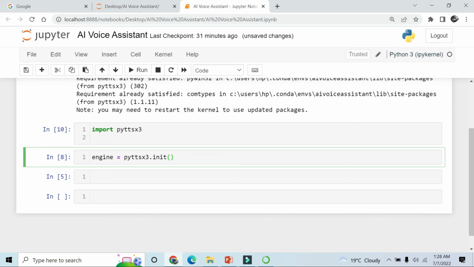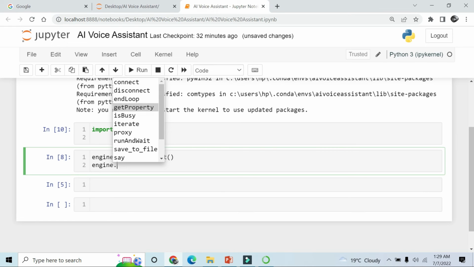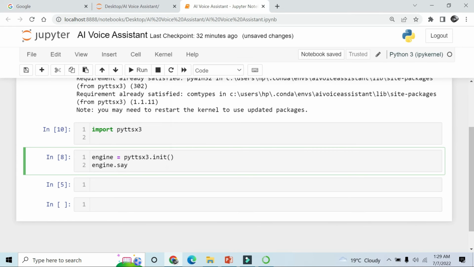After initializing it, this function is very important. Basically this function creates a connection between the engine and pyttsx3's initializer. The initializer comes with many functions which we are going to use through the engine. The first function I'm going to use is, by pressing Tab and dot, the function say. I'm using the function say with the text "welcome to my